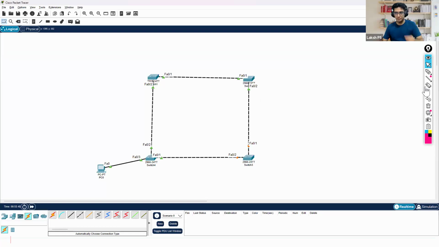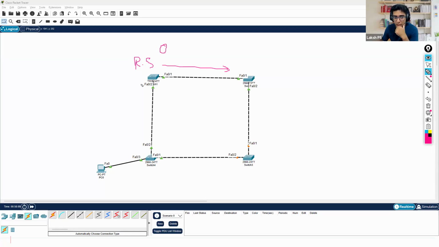Okay. Now, switch one becomes the root switch. It starts to send the BPDUs. Now, when switch two receives this BPDU, the root switch is going to say my cost to reach myself is